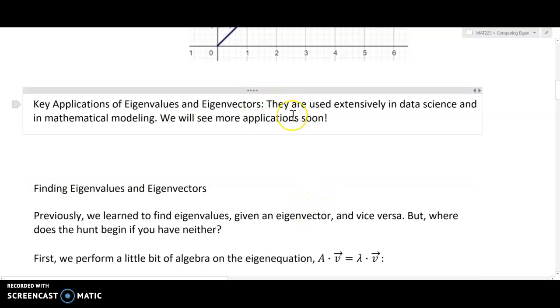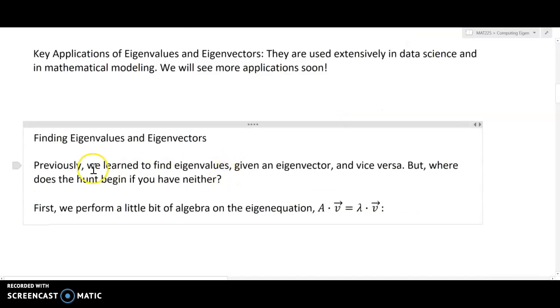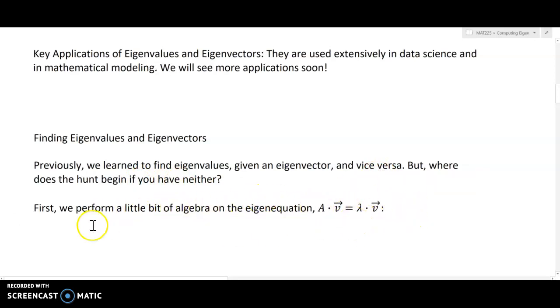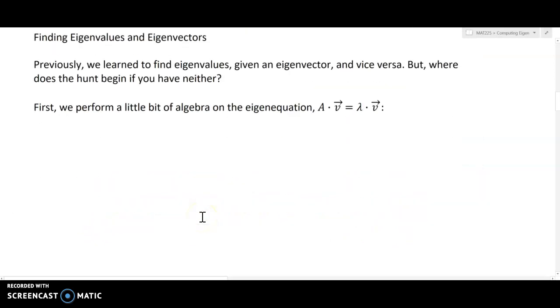So last time we were able to calculate how to find eigenvalues given an eigenvector and vice versa. But where does the hunt begin if you have neither the eigenvalue nor the eigenvector? So we have to go back to the Eigen Equation. This is the thing that we need to focus on when we're going to be finding eigenvalues and eigenvectors. With the Eigen Equation, if I do a little bit of algebra on this, I can rewrite this as AV minus lambda V equals the 0 vector,